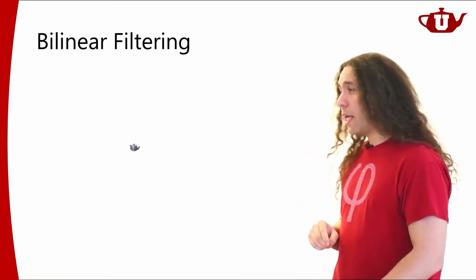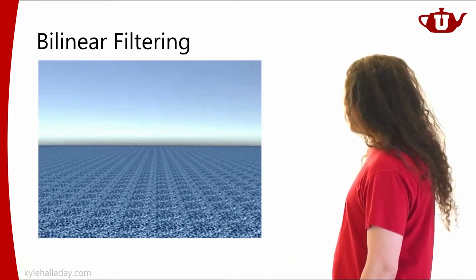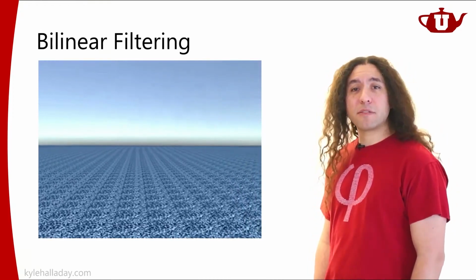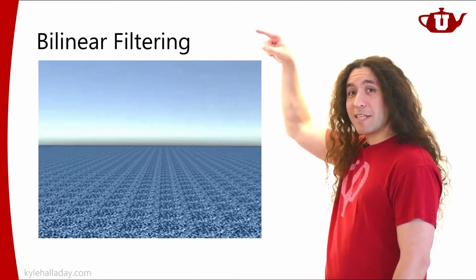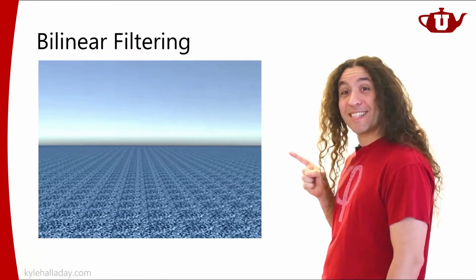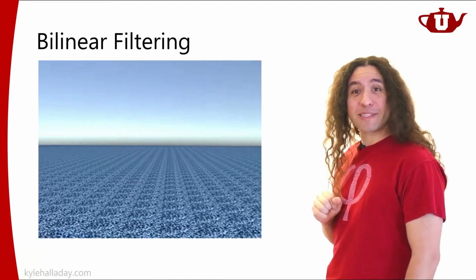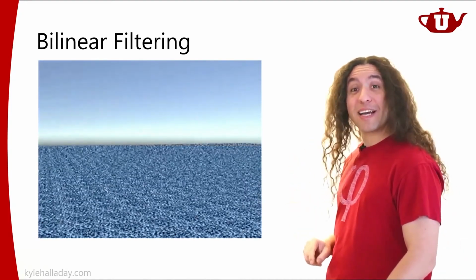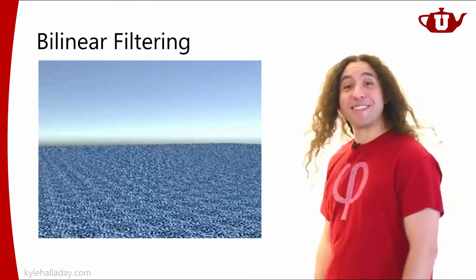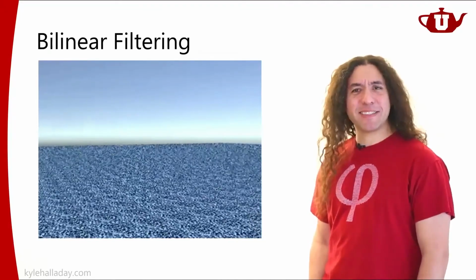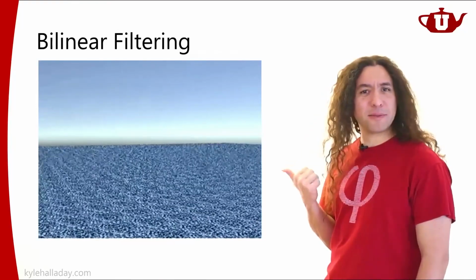For example, if I'm rendering a flat surface like this one, as you can see, I have this nice filtering going on and everything looks nice, right? Everything looks nice because even though the title says bilinear filtering, this isn't. This is not bilinear filtering. Because if you use bilinear filtering, this is not what it looks like. It actually looks like this. How do you like this one? It's flickering a little bit, right? Hopefully you can see this flickering with your internet connection.